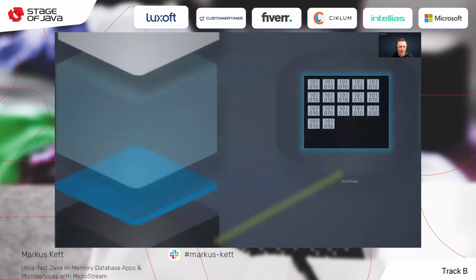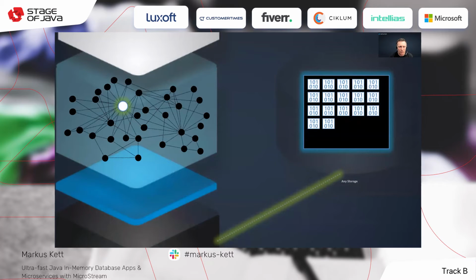When you start your application initially, then MicroStream loads all information of your object graph into the memory. But no data are loaded into the memory. Only the object IDs are loaded into the memory. Then you will get the complete structure of your complete object graph in memory. Now, you can decide which object references you want to load eagerly, automatically, and which object references you want to load on demand by using lazy loading.